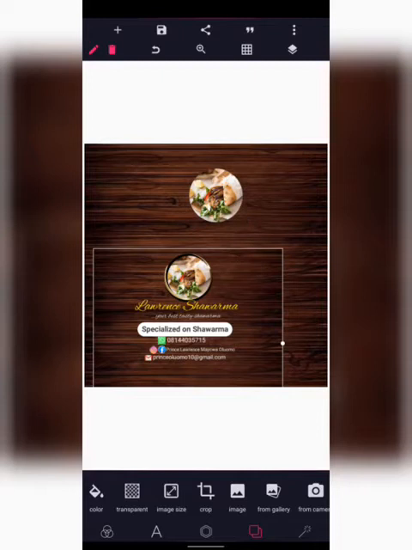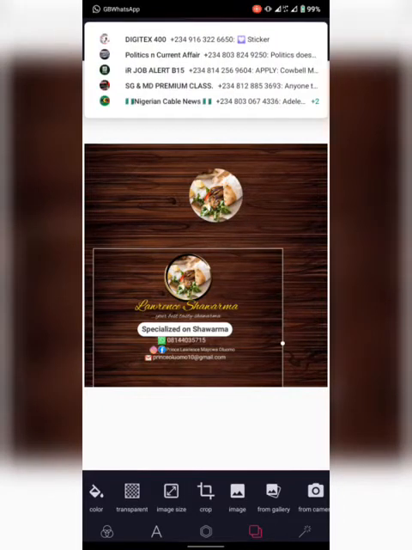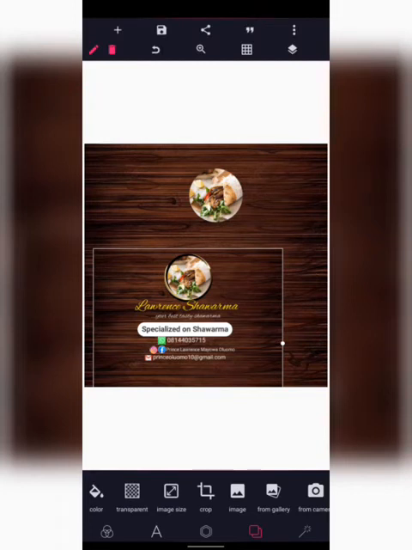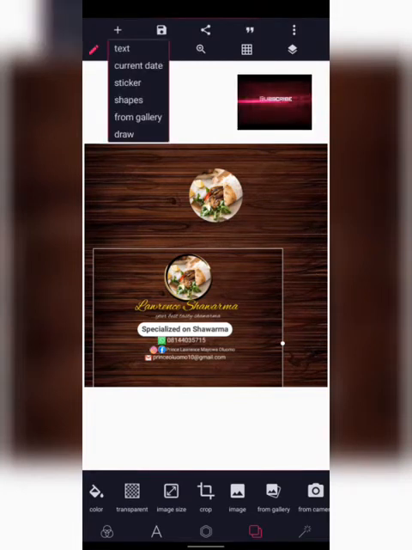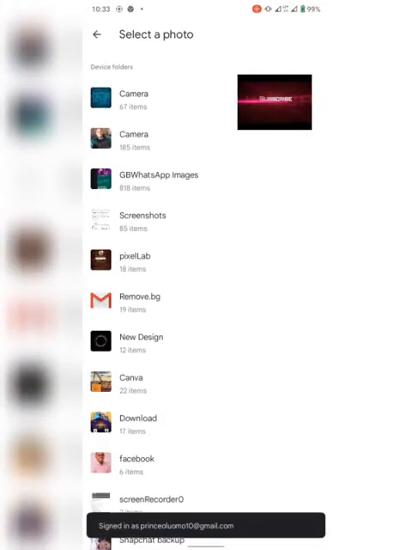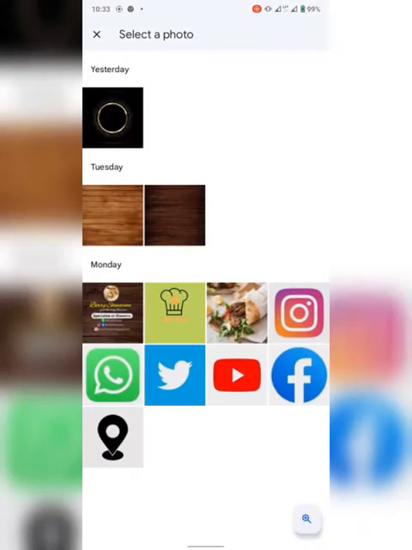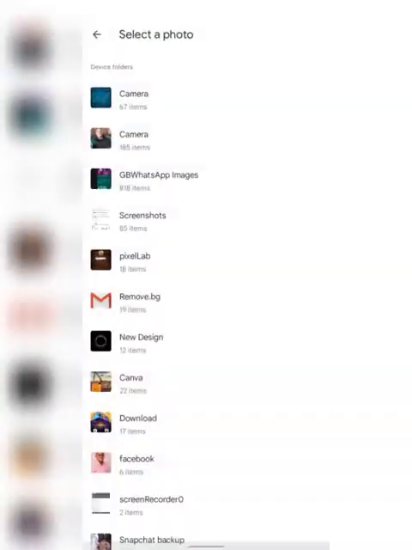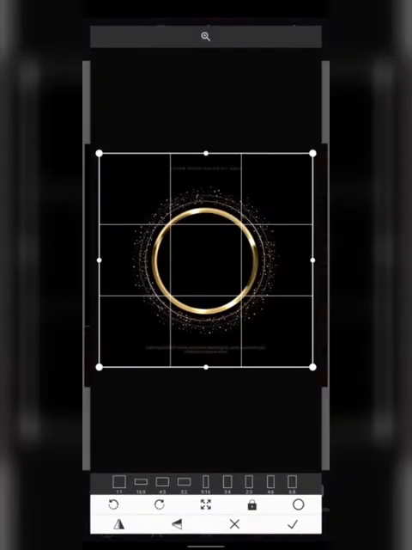Now what other thing do we need? There is a particular ring circle before it. Now what do you do? You go and import it as well. Go to your from gallery here. This is where I've stored it. Then I will click it. This is it here. Then I will click on it. After clicking on it,